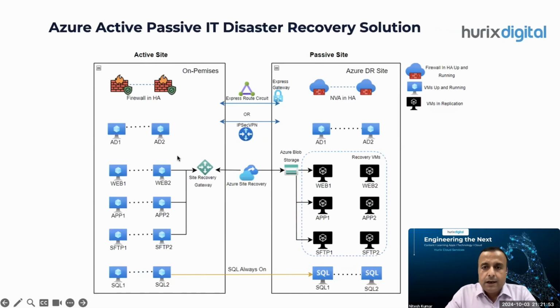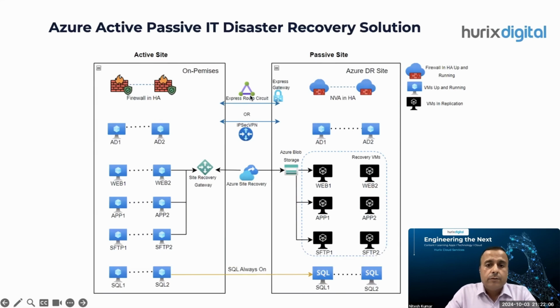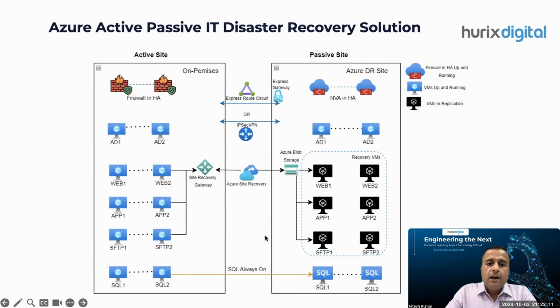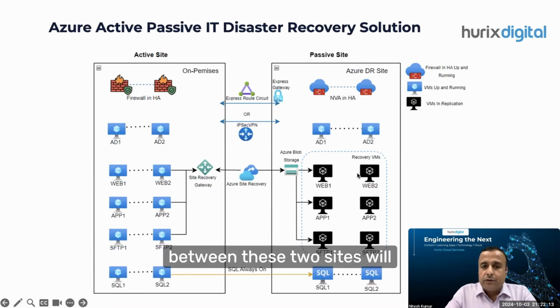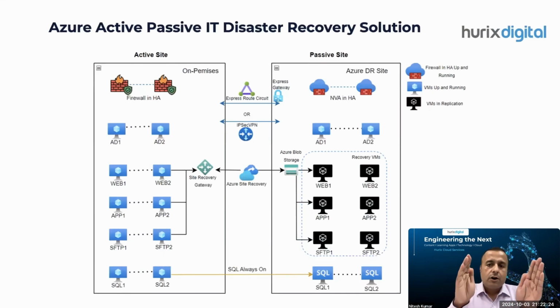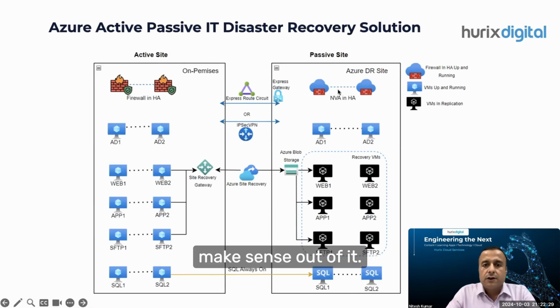at your primary site. To establish connectivity between these two sites, you can go for either a simple IPsec VPN, or if you need to transfer a lot of data between these two sites, then you can also go for an ExpressRoute kind of solution. The entire replication between these two sites will be taken care of by an Azure service called Azure Site Recovery. So, friends, this is a very high level diagram, and we purposely did not build a low level diagram